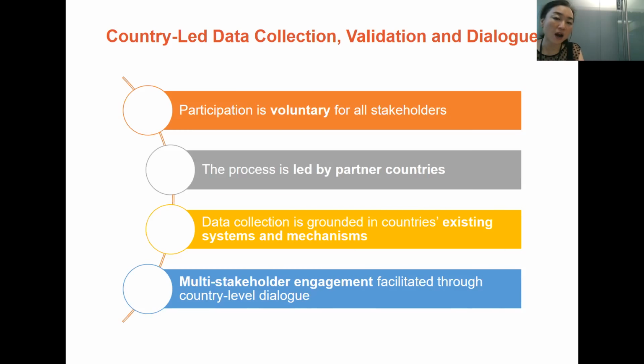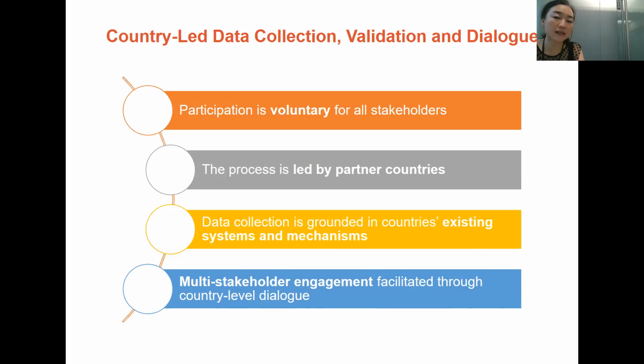It is also encouraged that the data collection and the process be grounded in existing mechanisms, meaning that some of the dialogues, engagement, consultation and validation might happen through existing national mechanisms around development planning processes, such as annual policy dialogue, or relevant SDG mechanisms that might exist at the country level or are being established to track progress on the sustainable development agenda.